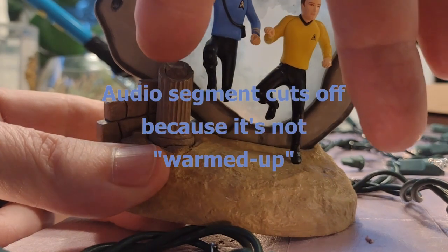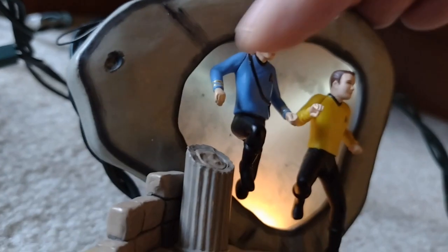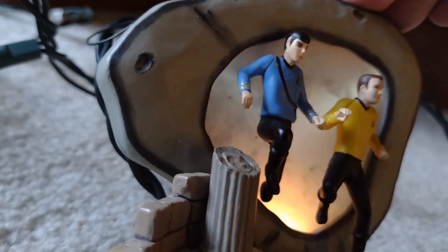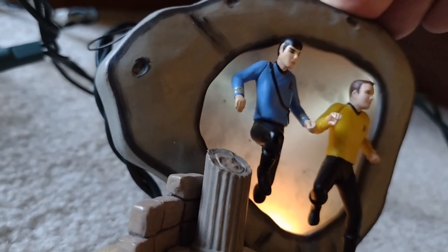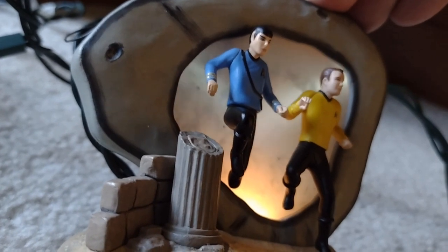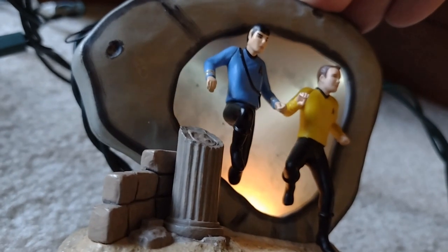And it stopped there. Now it starts at the beginning again. So I plugged it in for at least 5 minutes and just let it sit there. And this is the complete test. And you'll see that it plays through all of the audio clips and it doesn't cut off. It's a flaky design,